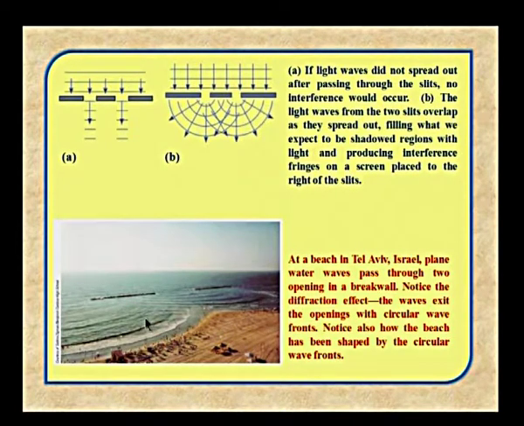You see the spreading of the waves, and they will interfere with each other. The waves exit at the openings with circular wave fronts. Notice how the beach has been shaped by the circular wave fronts, and as I told you in the last lecture, you can see the beautiful